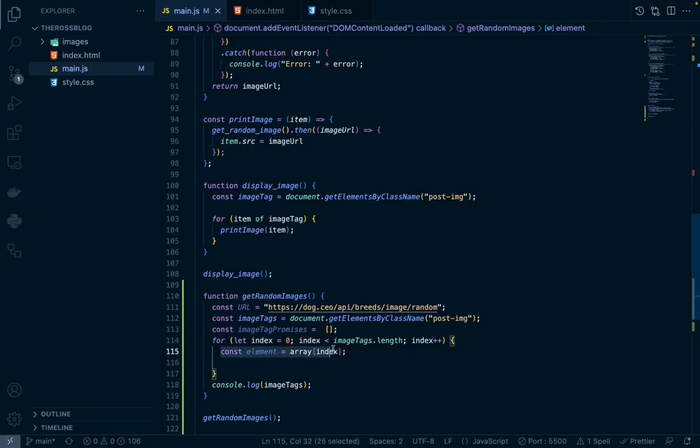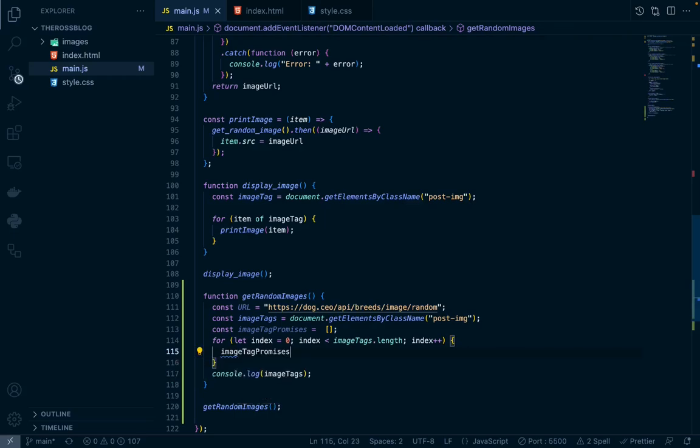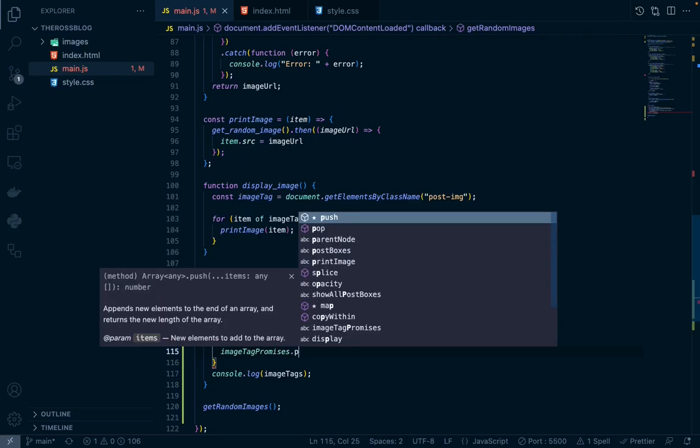We can easily get each of our image tags, so we can easily build our promises by saying image promises dot push